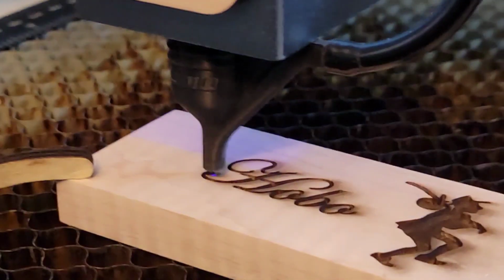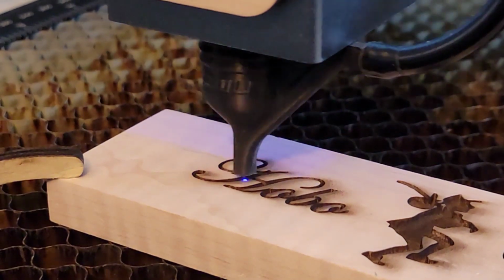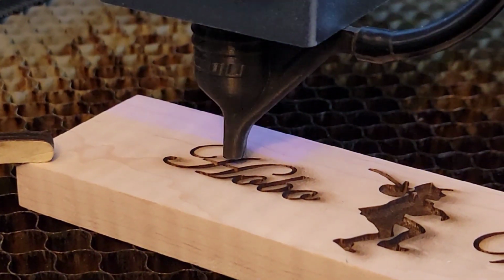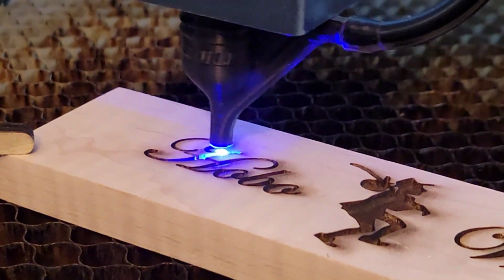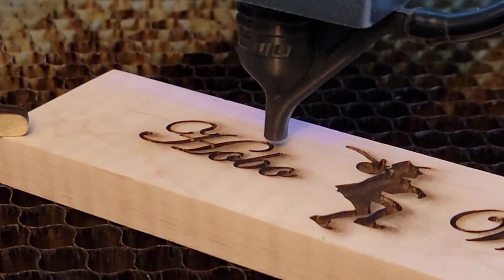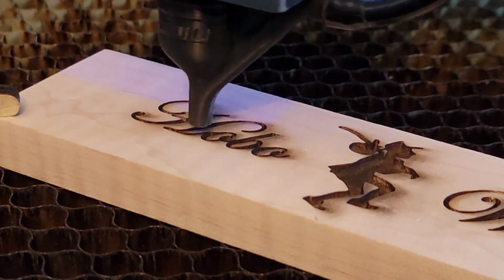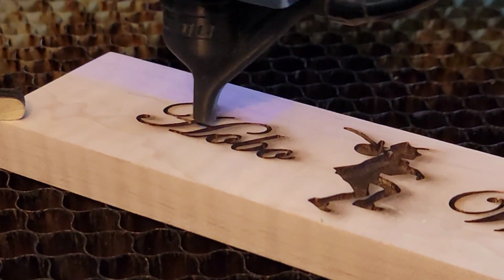Now this is the flood fill, and you see the little fireworks flying out of there, little sparks being blown out. Well, in my mind what's happening there is it's like a pressure washer. I've gone through there at 60 millimeters a second and 80% power on a crosshatch. Now this flood fill is just like if you had a pressure washer going in there, blowing all of the small debris out of there. And when you see those little sparks fly out, that's the debris down in there getting blown out of the way. So I would engrave a level and do a line cut and then do the flood fill,